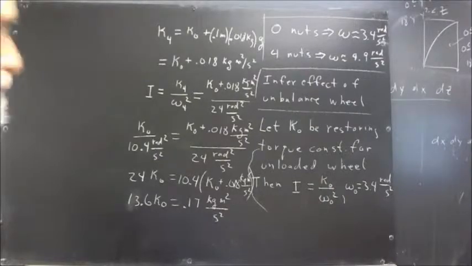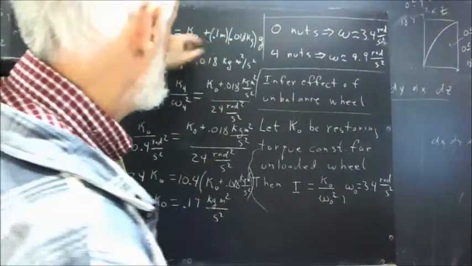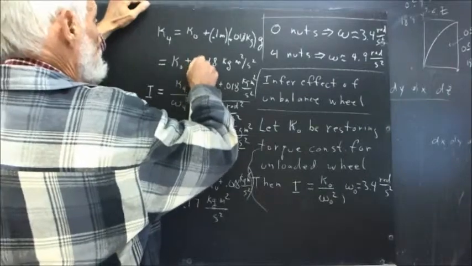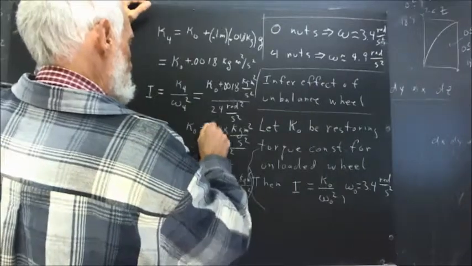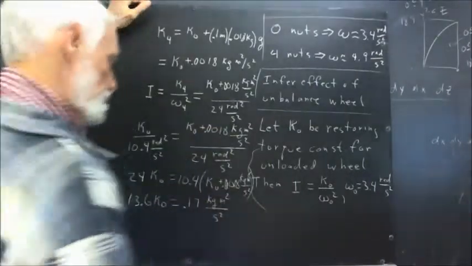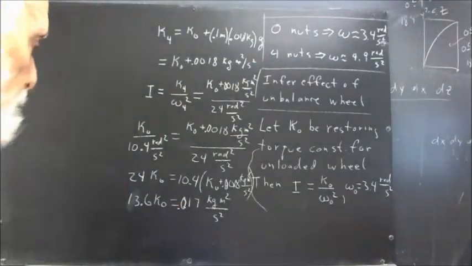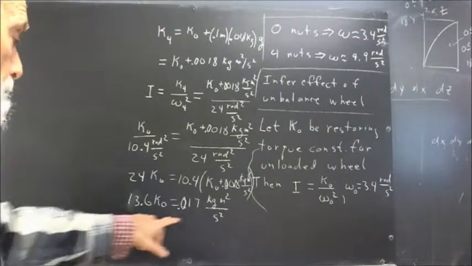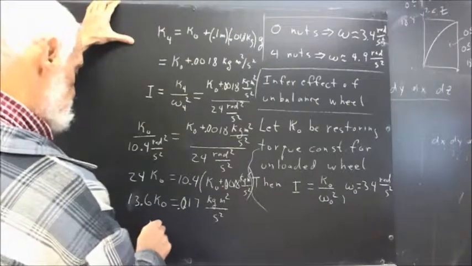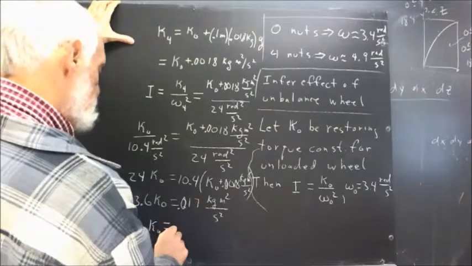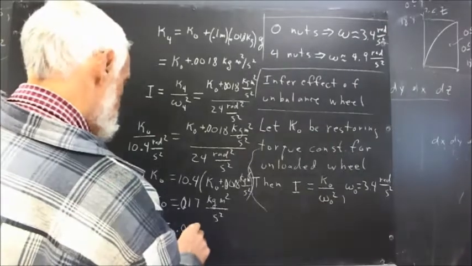And I've been carrying this error all the way through. That's too big. 0.1 times 0.018 gives me an extra 0 here. So let's correct that as best we can. It's going to be 0.017. Okay. And now when we divide 0.017 by 13.6, we're going to get kappa naught equals about 0.0012